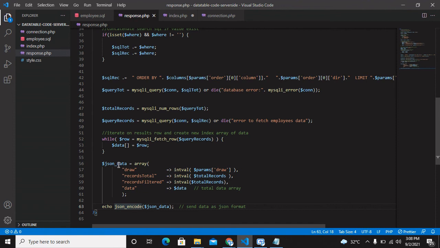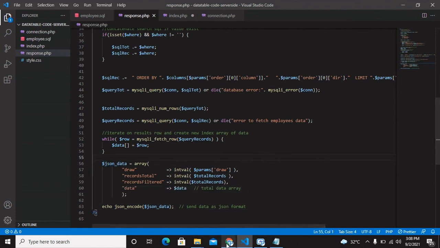We have created a JSON data array based on the user input, with draw, record total, filtered record, and the total number of data. After creating the final output, we send that data to the client using the json_encode method.